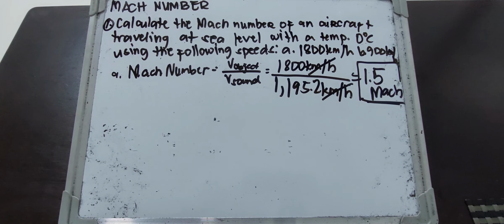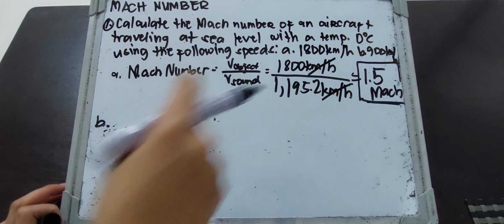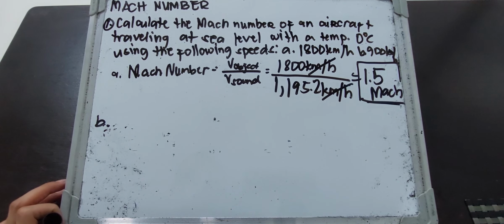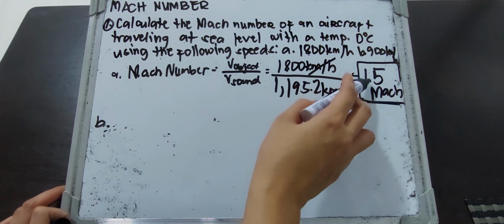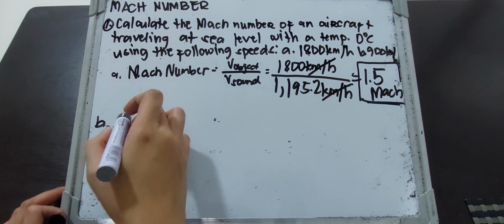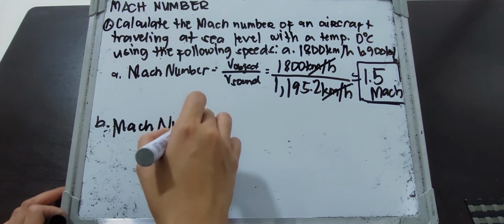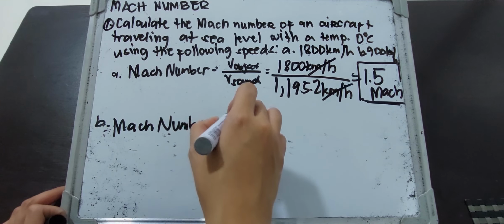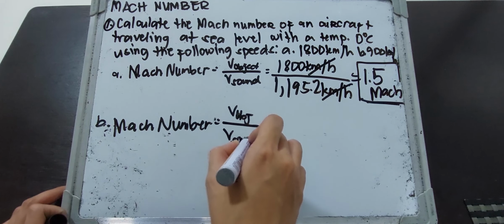Letter B, ang hinahanap natin naman, our speed is 900 kilometers per hour. So, madali lang, kasi kalahati siya ng 1/8. So, kalahati din ng 1.5. But let us perform this. So, Mach number